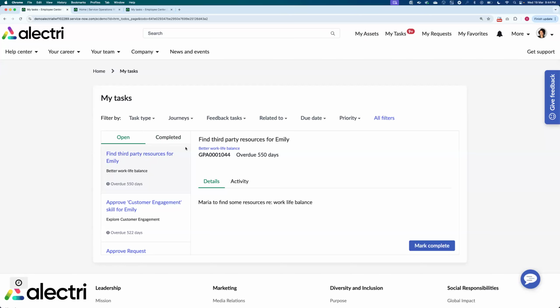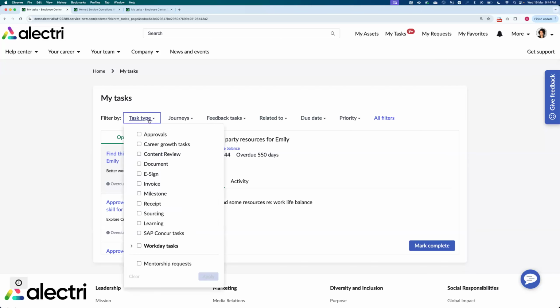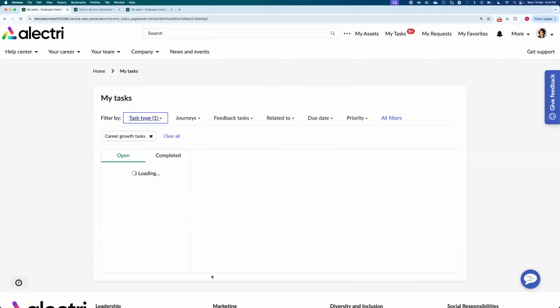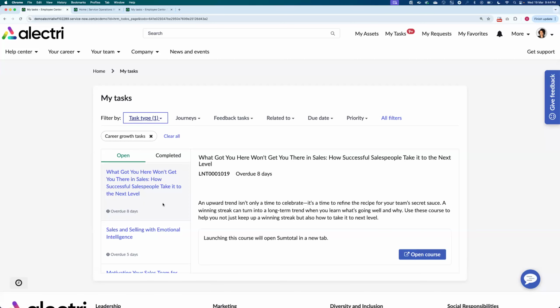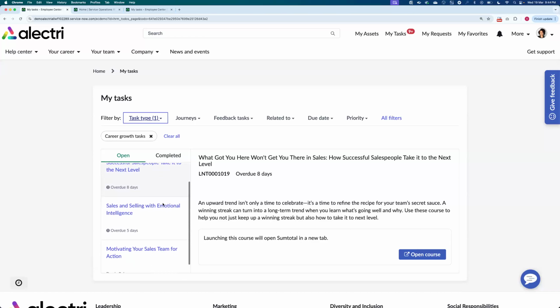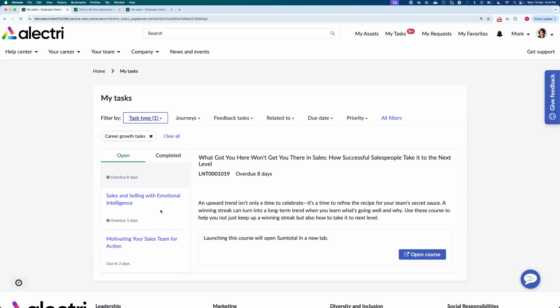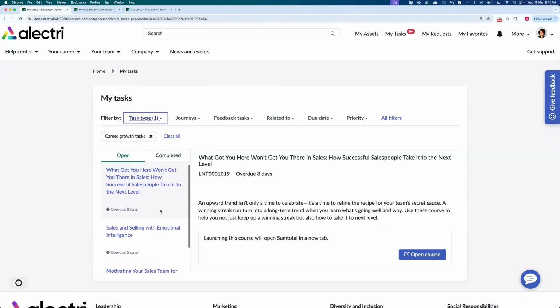So on this page, I can filter tasks based on various criteria. For example, I just want to see career growth tasks. I can click that filter and I can see a list of all the career related tasks that have been assigned to me. And I can just focus on the most urgent items on my plate right here, right? And accordingly, I can prioritize all my